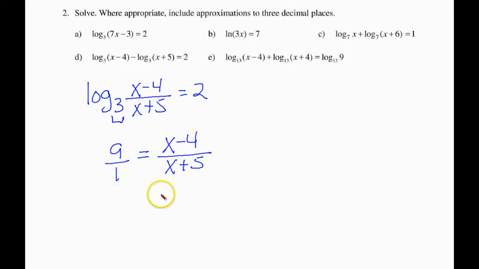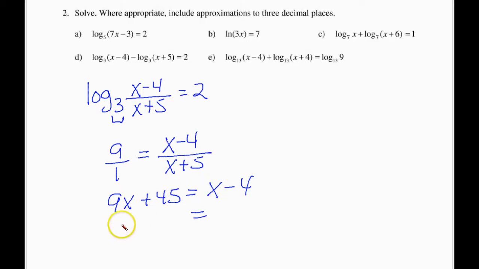That's 9 over 1. So what technique do we use? Well, we cross multiply. Here we get 9x plus 45 equals, cross multiplying, x minus 4, which gives us then,